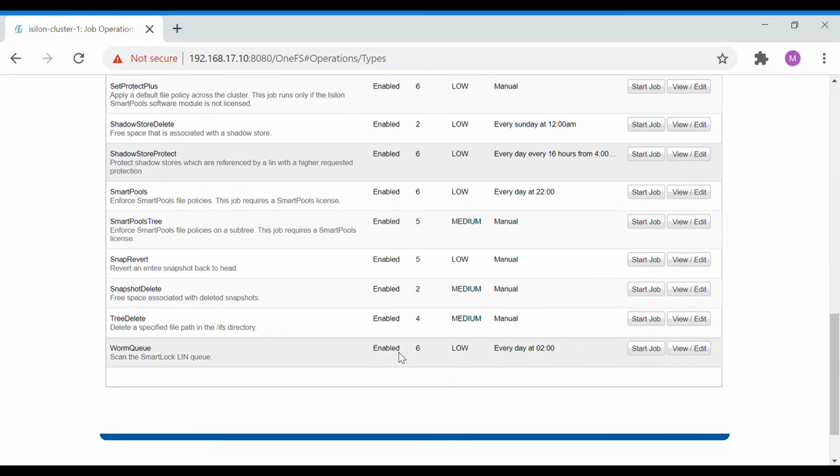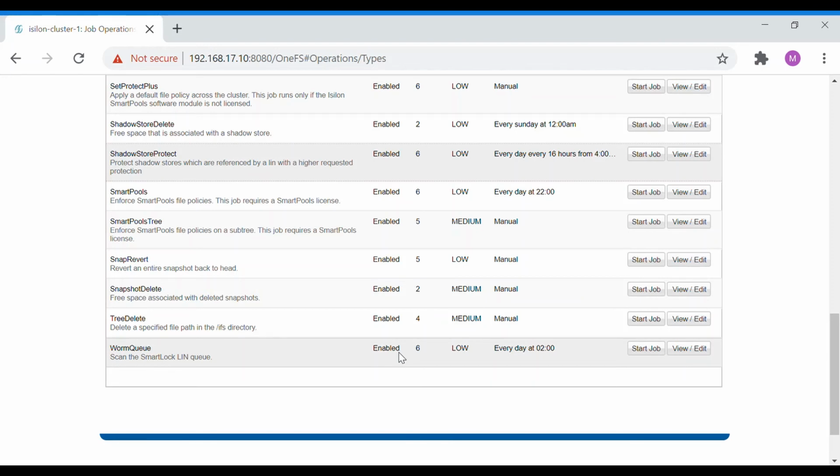Snap revert, snap delete. So these are two jobs that deal with snapshots. Snap revert is to revert the entire snapshot back to the head, back to the same copy of that particular snapshot's version. And snap delete is for deleting the old snapshot that has expired already.